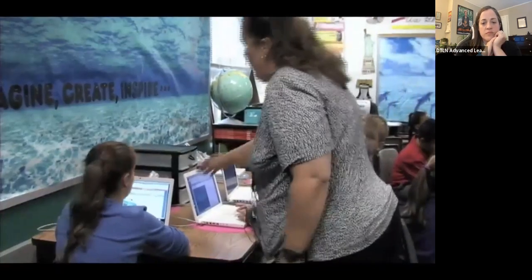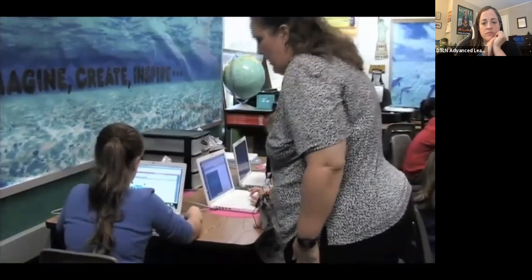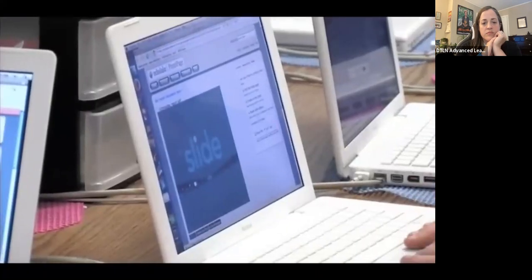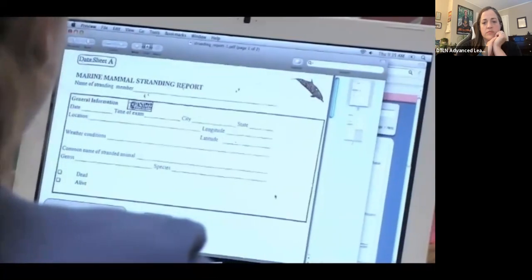Today, we use several types of technology to support this simulation. Technology is part of our 21st century skills that is very important to us to teach the children how to use and how to use correctly in order to solve problem-based learning activities such as the dolphin stranding. The resource teacher, the instructional resource teacher, Mrs. Del Monte, has set up a wiki board in which she has already put several predetermined sites for the children with lessons that they will walk through individually and with me as a group.